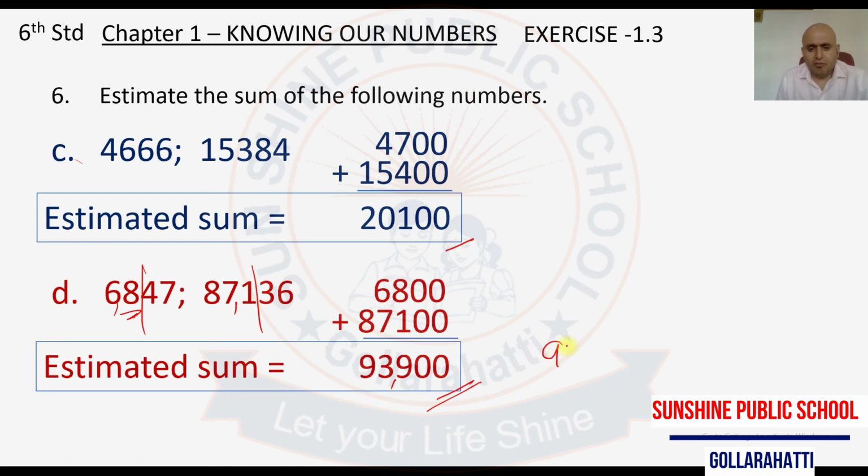Some may get 94,000 as the answer, but it's not a problem, no problem. So 94,000 is correct, 93,900 is correct. Okay, don't get confused. Here we are just getting an estimated rough value. Next question,